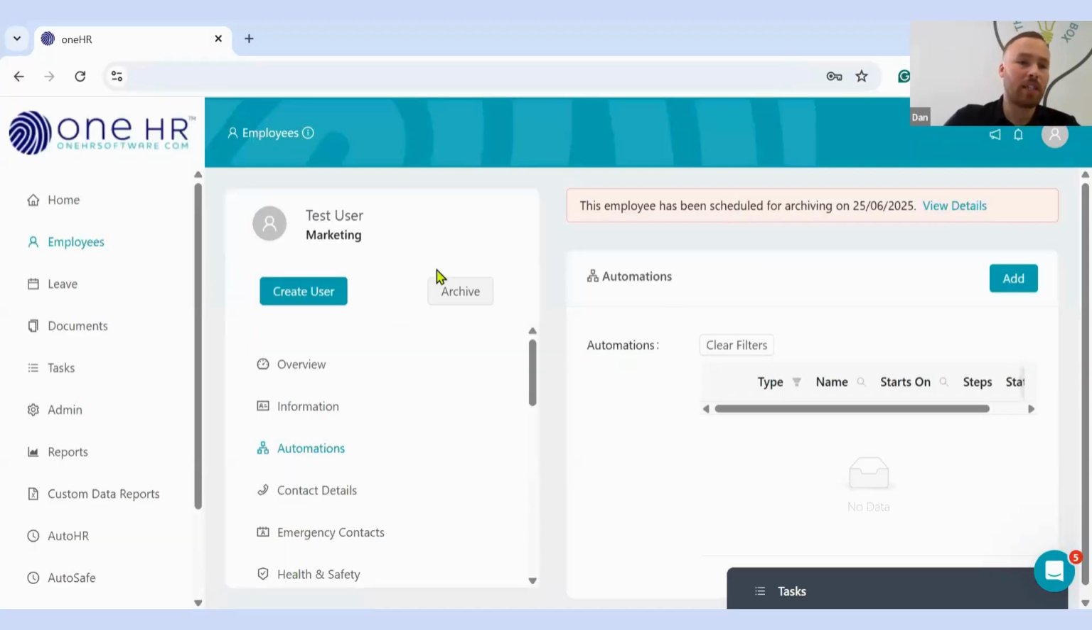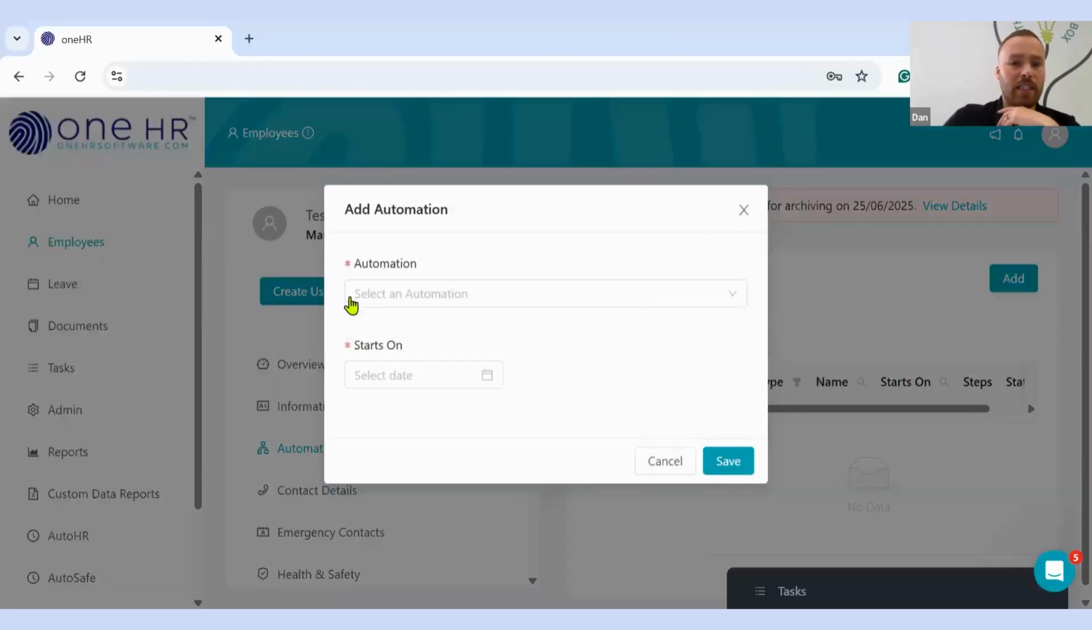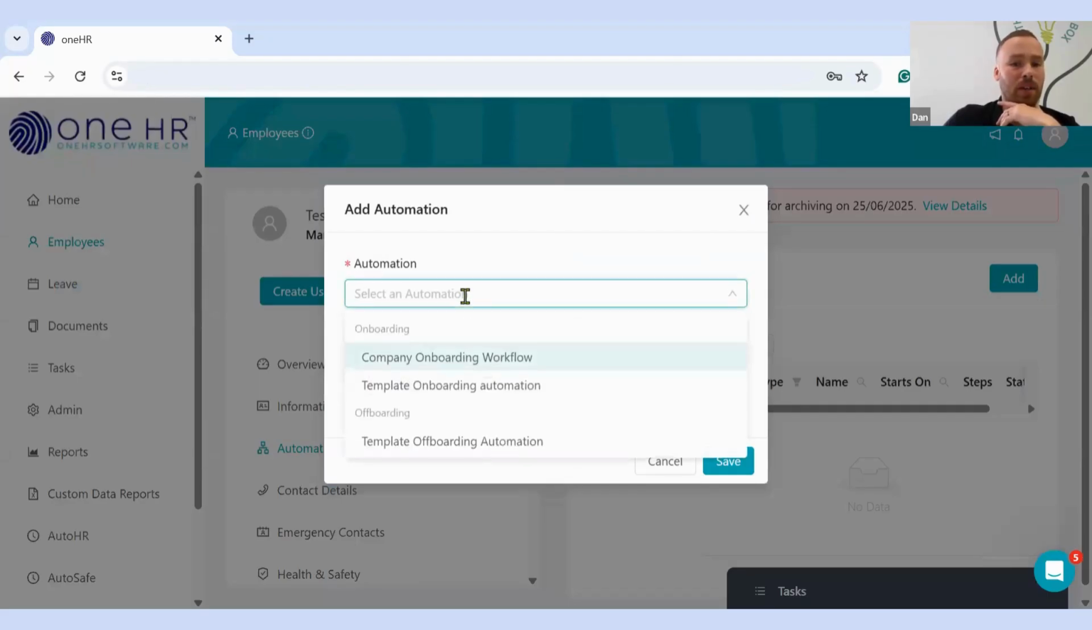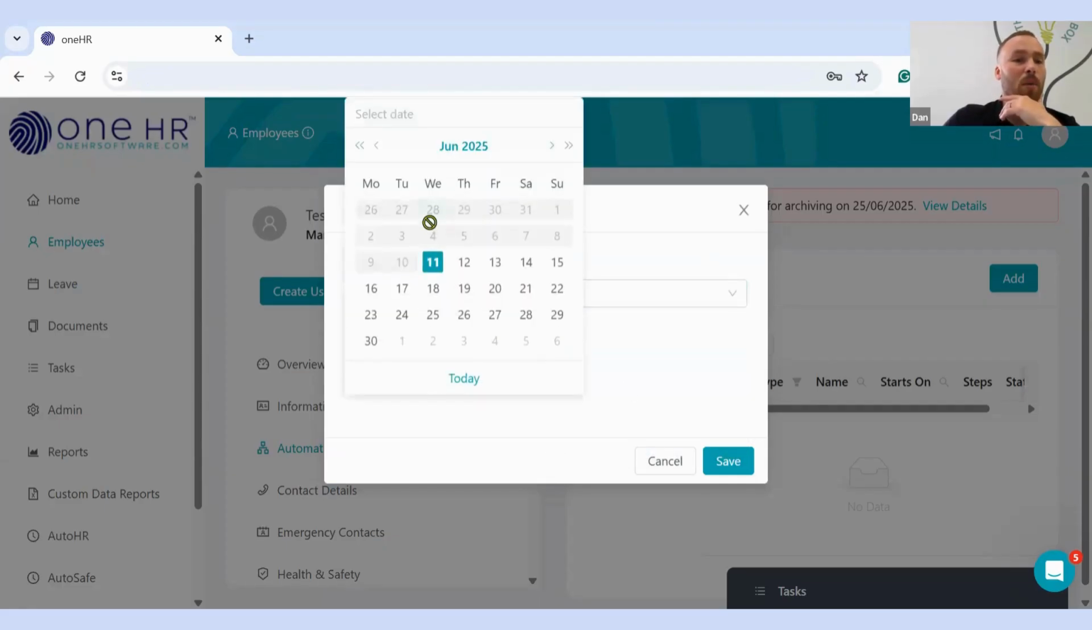You can see now that I've set this employee to be archived, that the system is prompting me to add an automation. So when a new starter joins the business or when an employee leaves the business, we have the ability to trigger an onboarding or offboarding workflow. So I'll click on the add button here. You can see I'm able to select my automation. So for example, here we've got a templated offboarding automation workflow, and we can set when we want this to